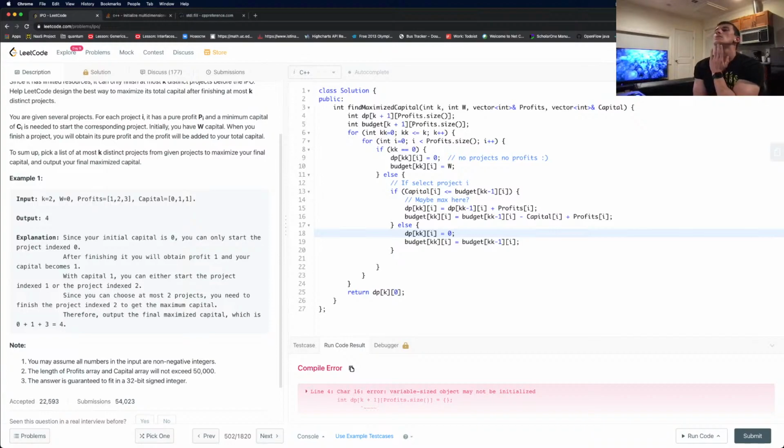Can we say that the budget just depends on I, right? So for every project, because we can select every project at most once, then maybe we don't even need to track it, or do we?